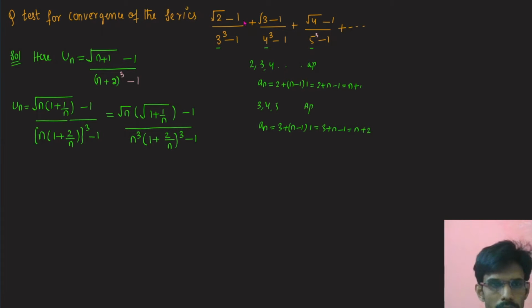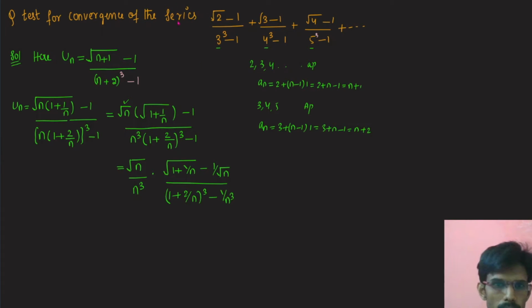Right. Now if I take this root n common from the numerator, we have root n, and n cube common from the denominator, then we are left with root over 1 plus 1 by n. Here we do not have any root n term, so we'll get 1 by root n here. 1 by root n upon n cube is common, so we are left with 1 plus 2 by n cube. No n cube term, so I'll get 1 by n cube here.